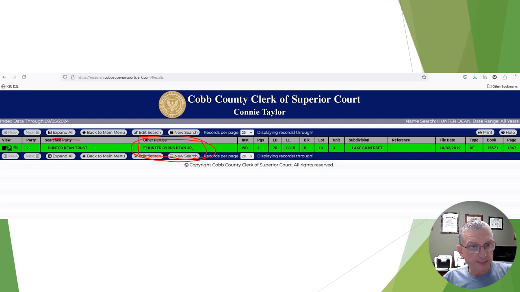granted to the Dean Hunter Trust in Lake Somerset in land lot 315, lot 18, which makes sense because we're lot 19, lot 20 is to the north of us, lot 18 is to the south of us. They even let us know that it's in block B. The magic sauce, plat book or deed book